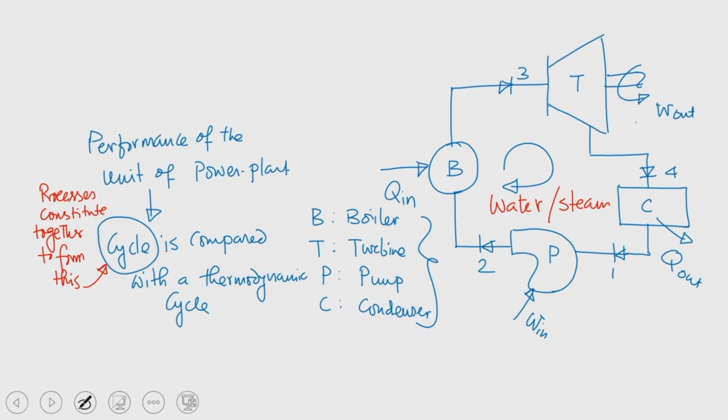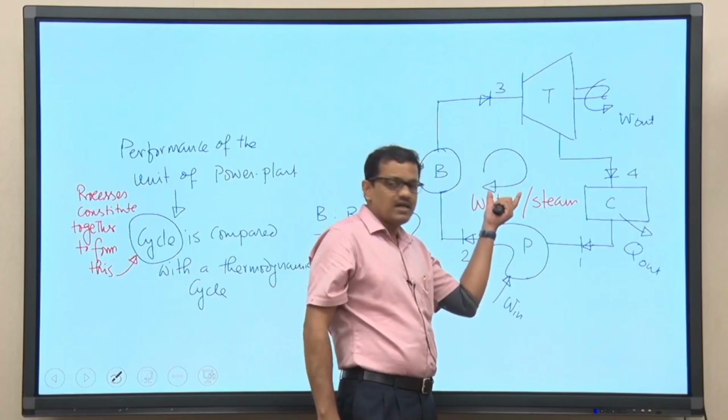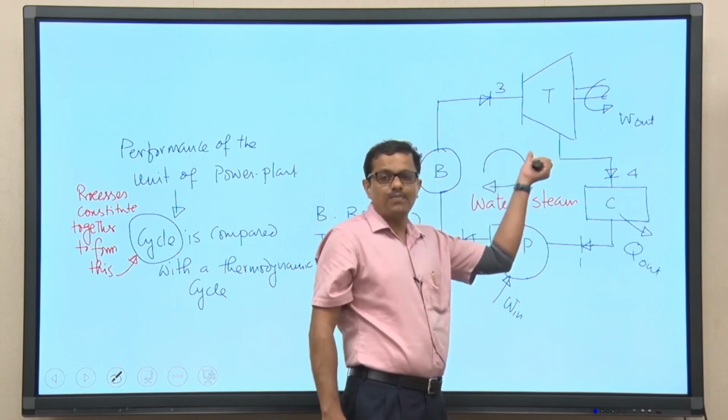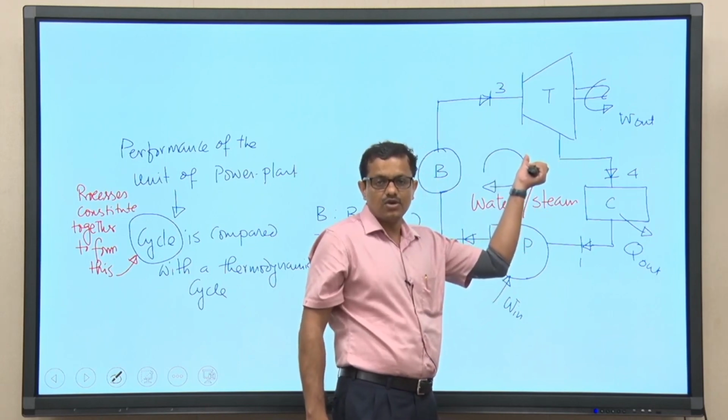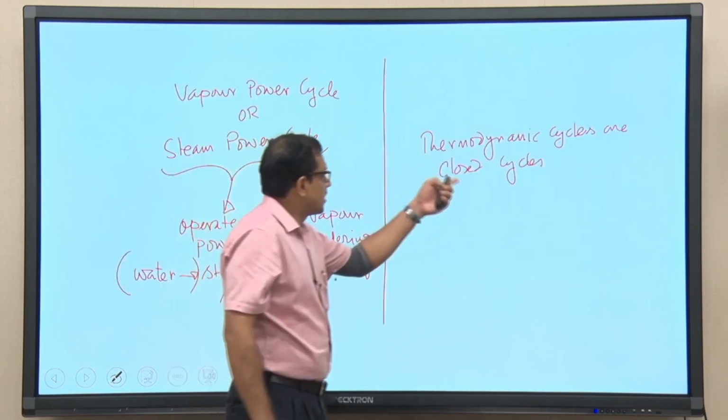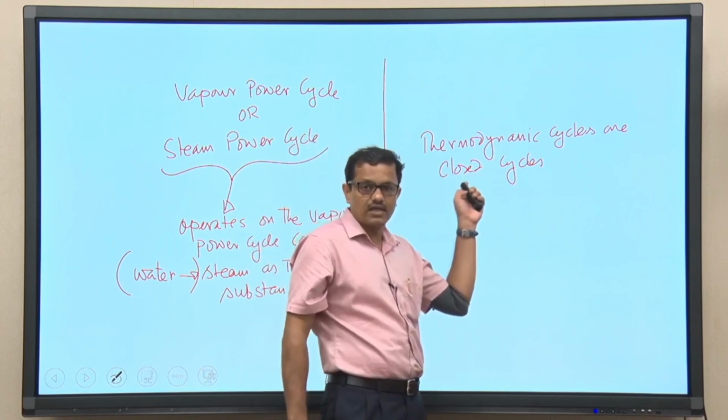But I would like to mention here that water is getting converted into steam, but the composition is not getting changed. So, basically when I am talking about these thermodynamic cycles which are closed cycle,